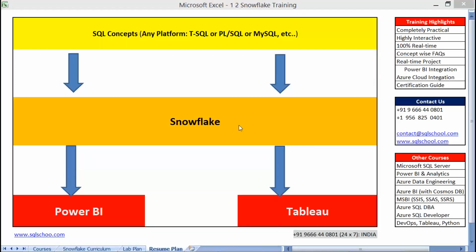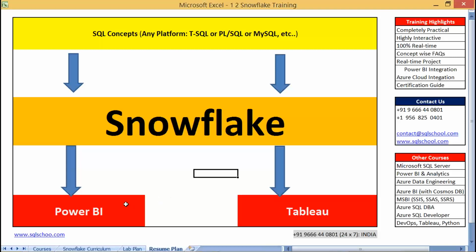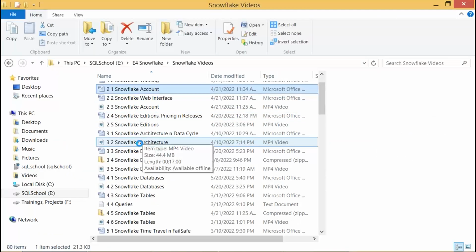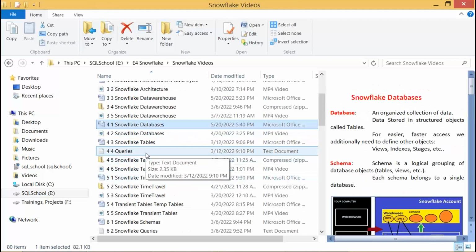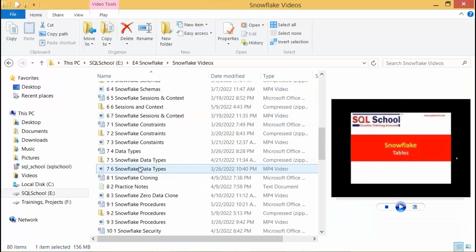After we get into the Snowflake activities, from here you may continue to plan your resume for Power BI and or Tableau. Completely practice-based, completely practice-oriented. I need your support with on-time practice and on-time submission of mock tests. For every class throughout the course, the complete transcript and notes will be provided along with the session, and FAQs for every concept.